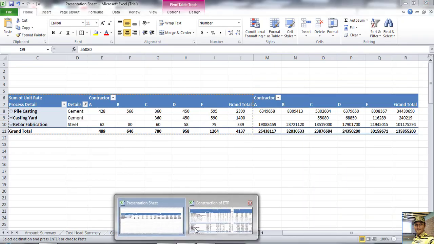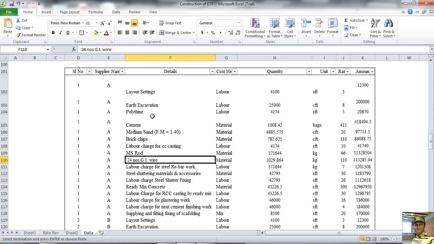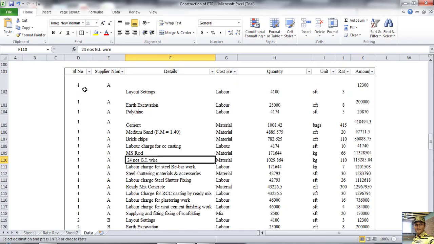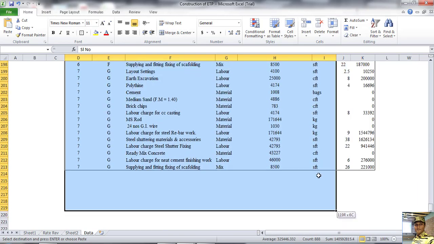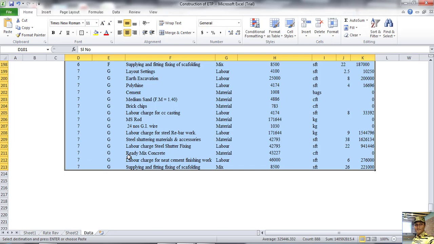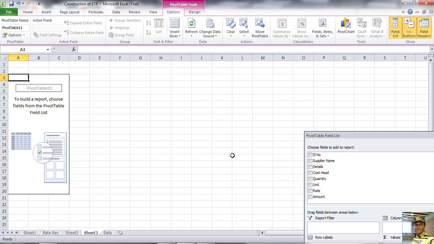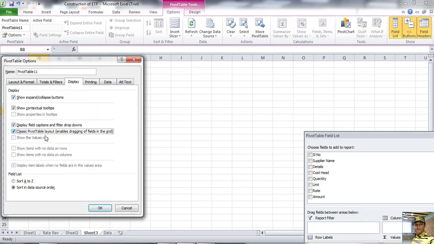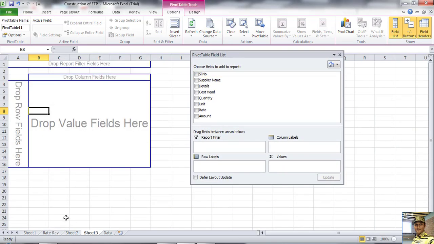At the same time, I have prepared another Excel sheet that is the same as the previous one. I have prepared one data sheet, and if we want to see, just select this one here. Seven vendors are here, so insert pivot table. Okay, now go the same way to pivot table option, display classic pivot table. Okay, now as previous, I have prepared it the same way.